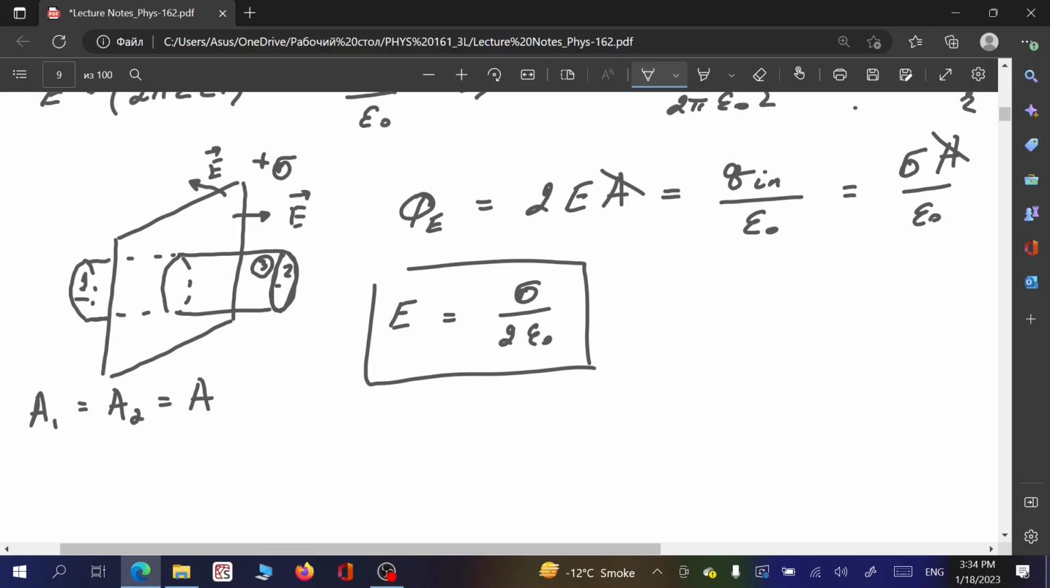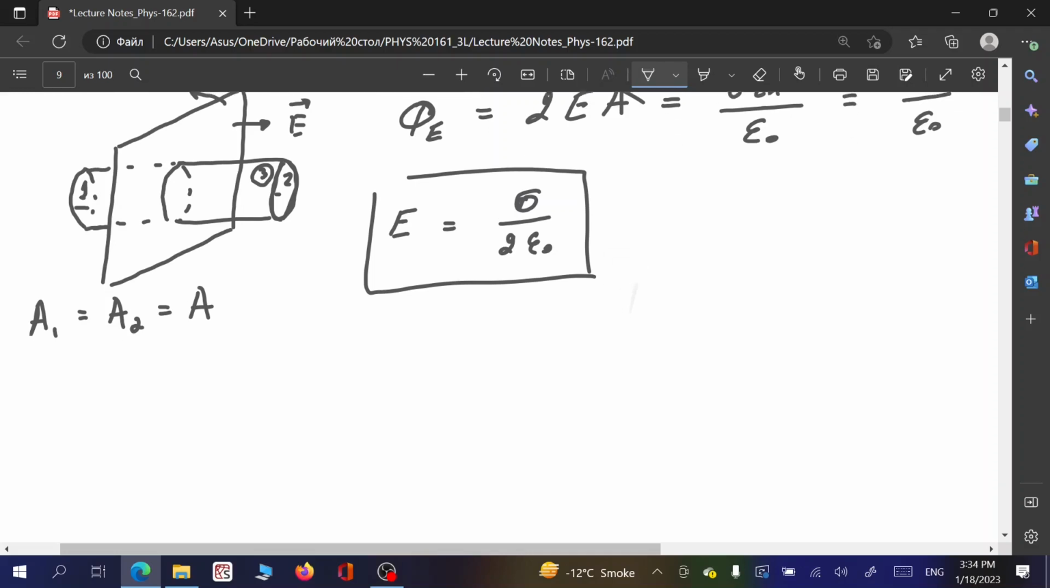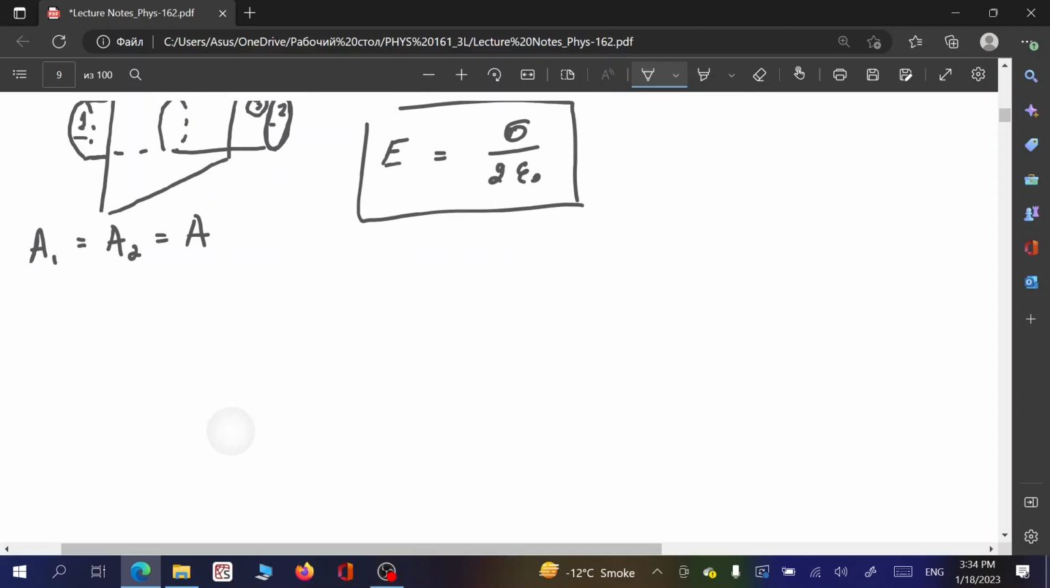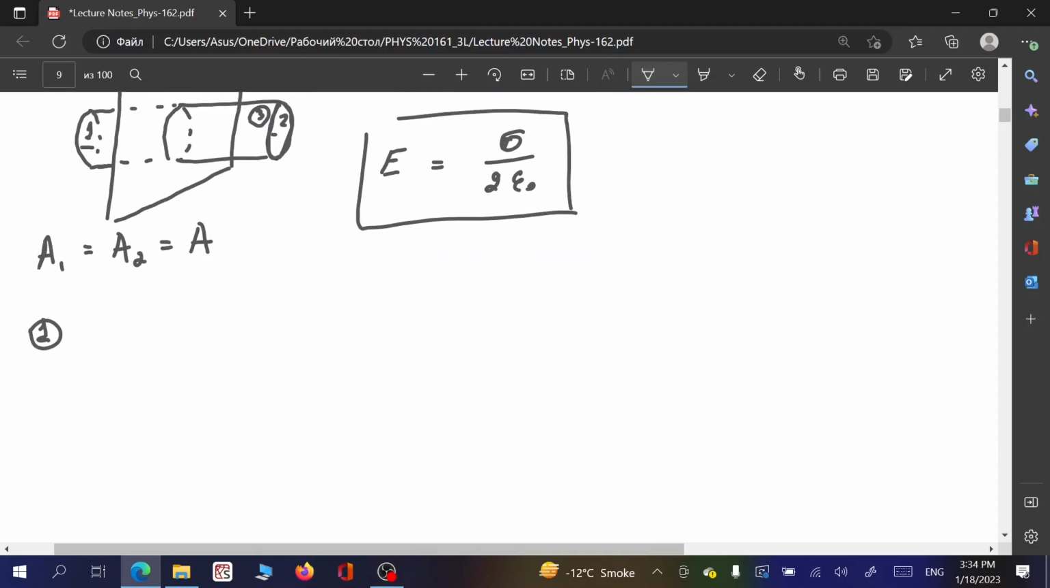So let us consider several cases and explain why this is happening. So let's say the first one, that the electric field vector is equal to zero inside the conductor under electrostatic equilibrium. So if we place a conductor, let's say some piece of metal, inside an external electric field,